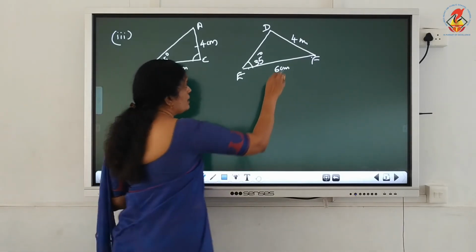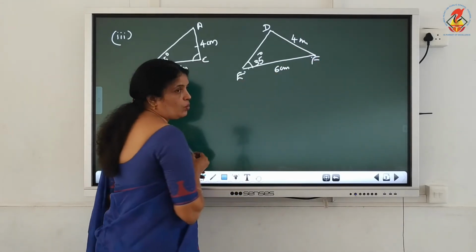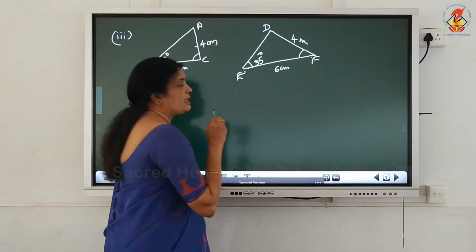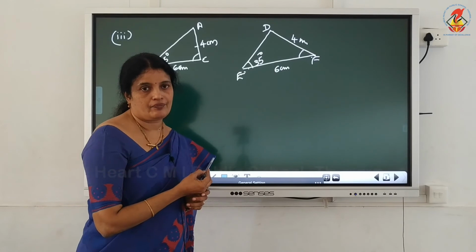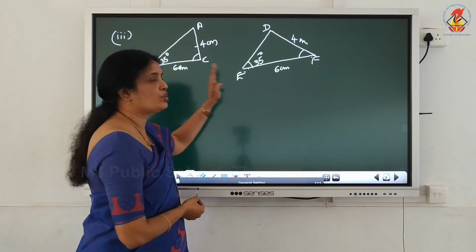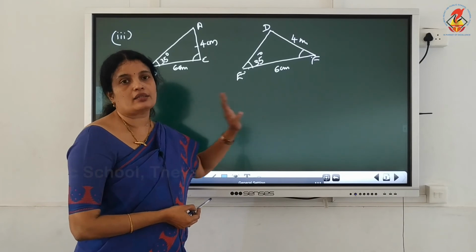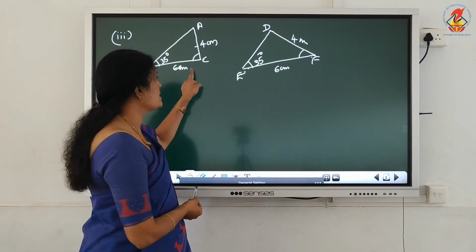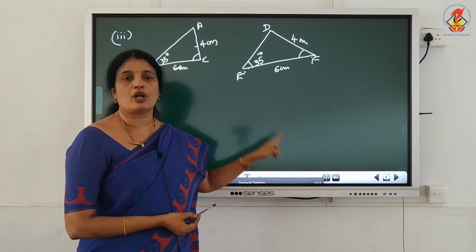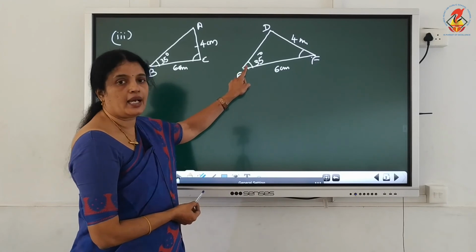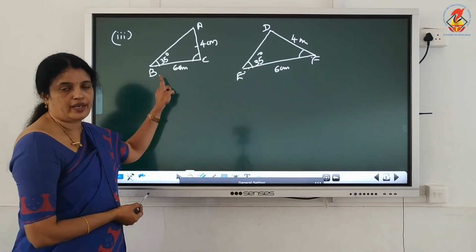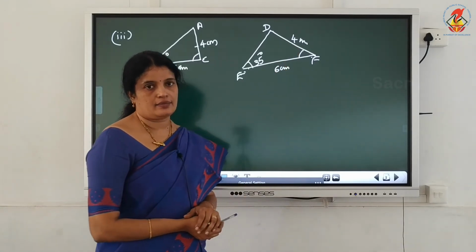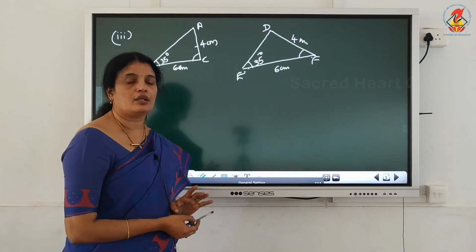The same thing, DF and EF. What is the included angle of these two sides? Angle F is the included angle. But in this figure, angle E is given. That means these two triangles are not congruent. Because what is the reason? Here in these figures, angle C and angle F are included angles but not given. But in this figure, angle E and angle B equal to 35 degree. These two angles are not included angles of the given sides. Therefore, these two triangles are not congruent.